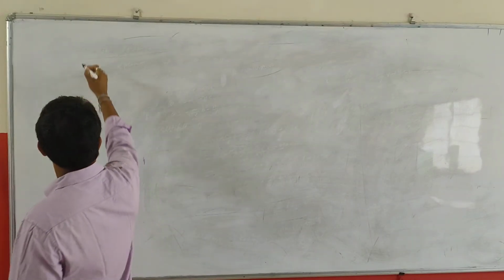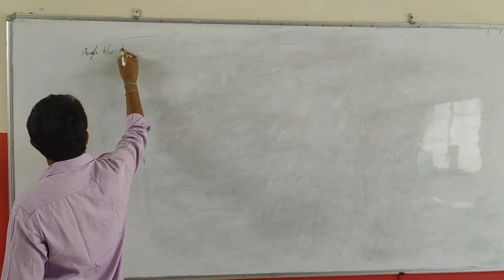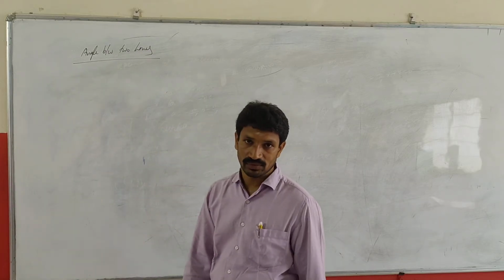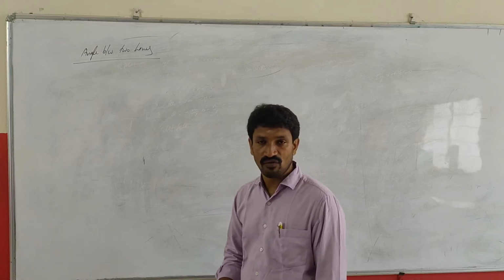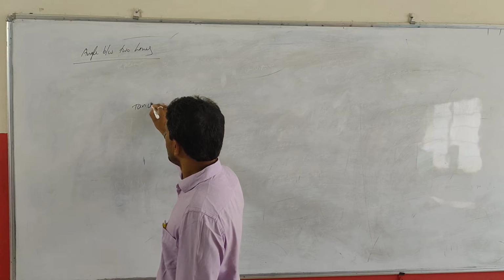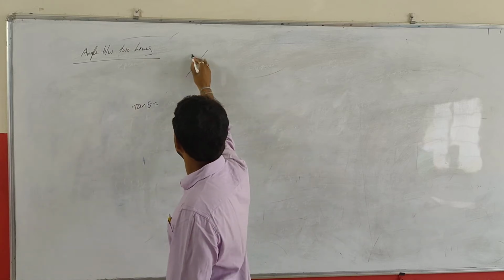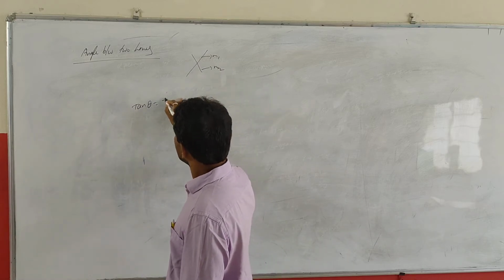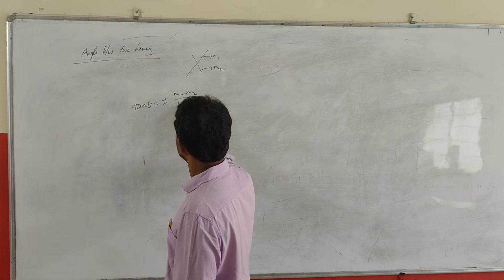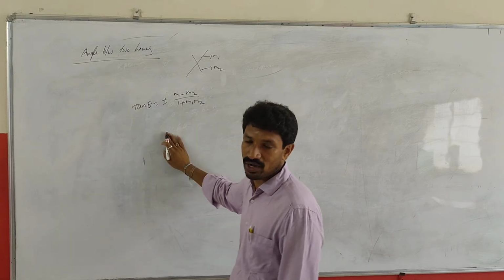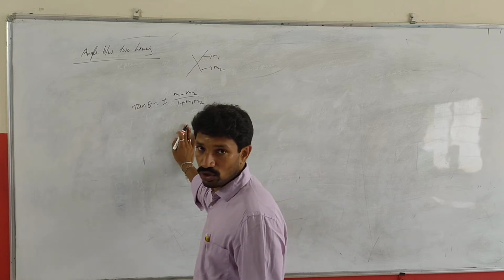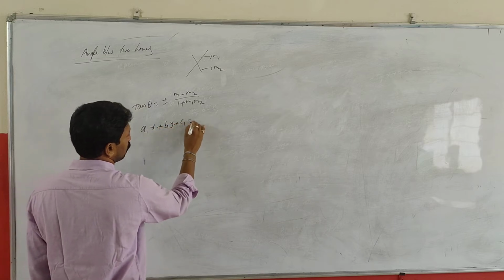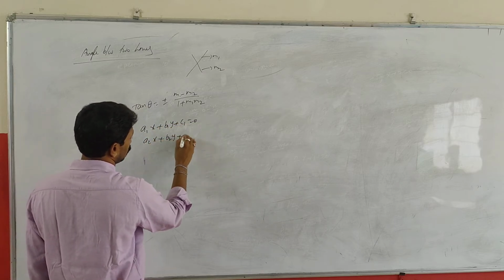Next one is the angle between two lines. If you know the slopes m1, m2, then we already find tan theta. If theta is the angle between the two lines whose slopes are m1 and m2, we already discussed tan theta = ±(m1 − m2)/(1 + m1m2). If you want the acute angle, keep the modulus. This one you know. If you don't know the slopes but you know the line equations, a1x + b1y + c1 = 0 and a2x + b2y + c2 = 0,